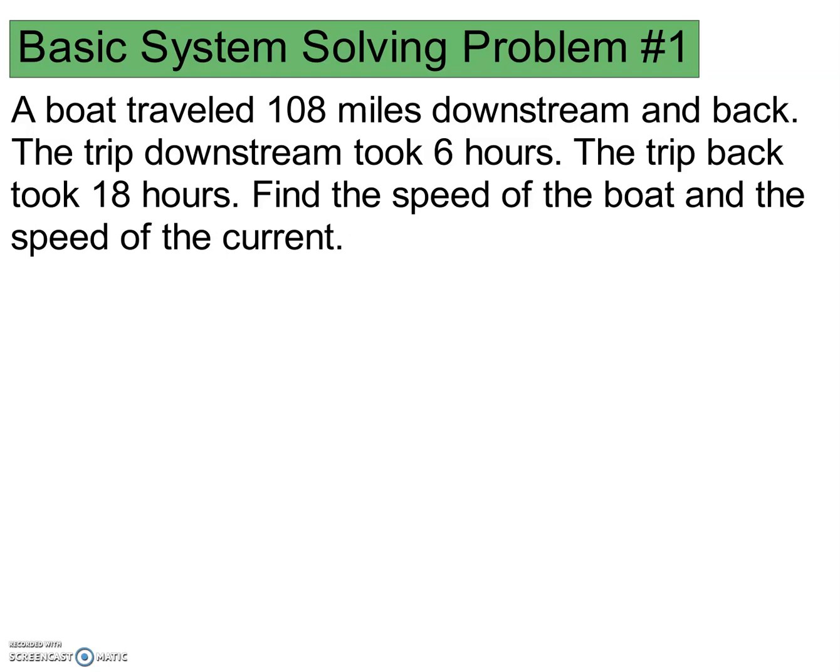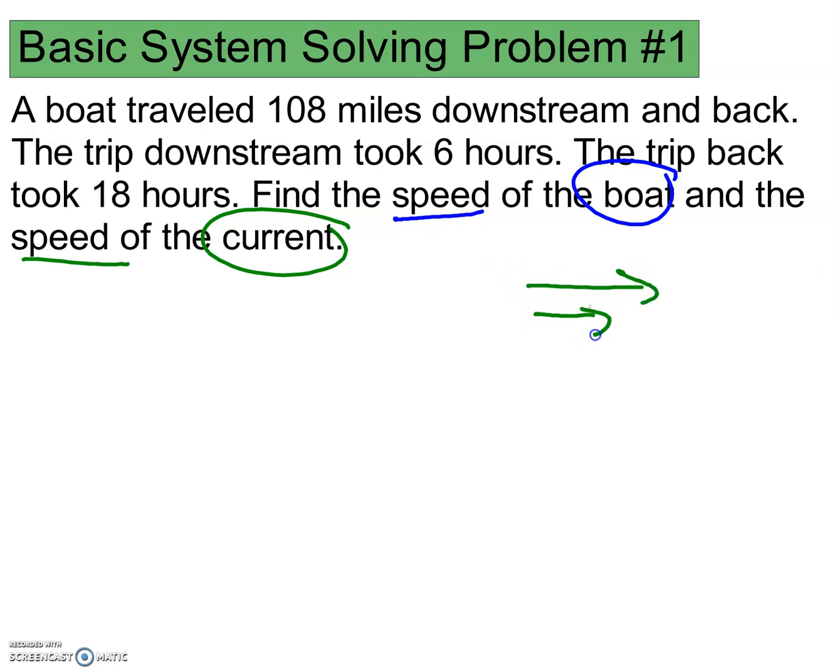We've got a boat that's traveling downstream and back, and we're supposed to find the speed of the boat and the speed of the current. You may remember we talked about some of these things in class, whether you're talking about a boat on a river, or a person walking on a moving sidewalk, or an airplane flying with the wind and against the wind. If the boat and the river are going the same direction,